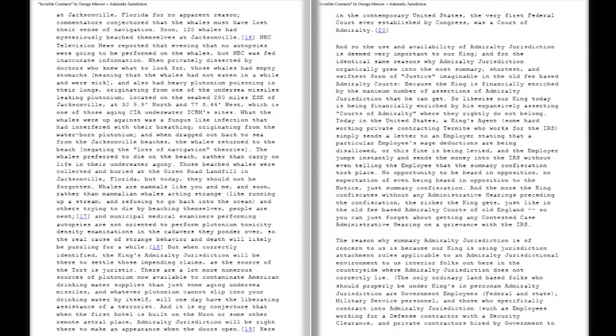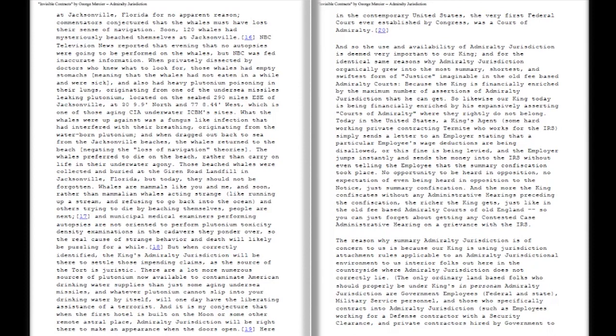There are a lot more numerous sources of plutonium now available to contaminate American drinking water supplies than just some aging undersea missiles, and whatever plutonium cannot slip into your drinking water by itself, will one day have the liberating assistance of a terrorist. And it is my conjecture that when the first hotel is built on the moon or some other remote astral place, Admiralty jurisdiction will be right there to make an appearance when the doors open. 19 Here in the contemporary United States, the very first federal court ever established by Congress was a court of Admiralty. 20